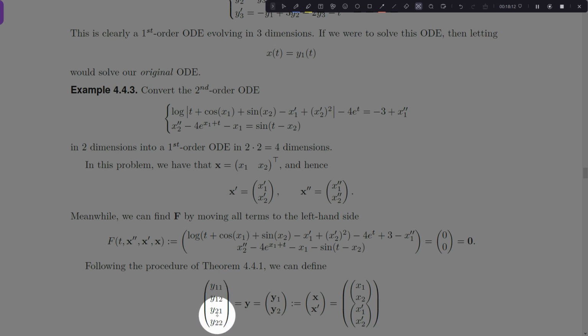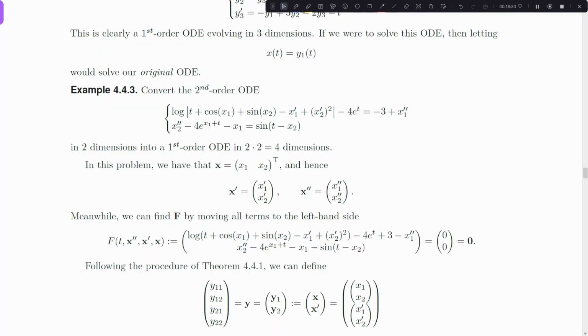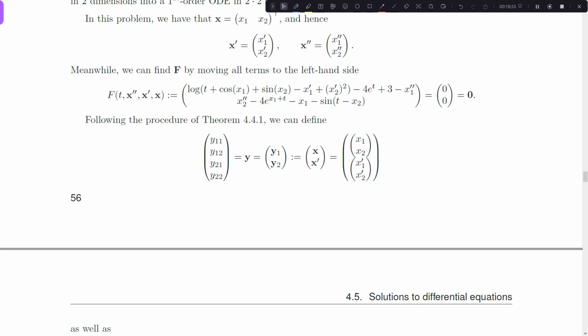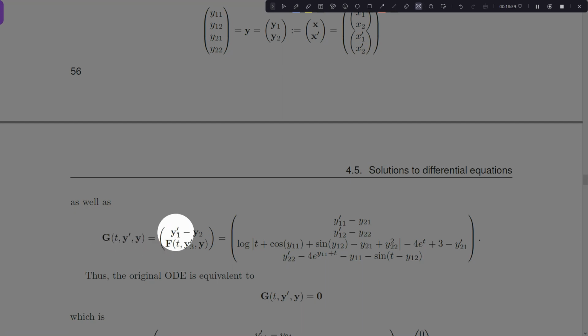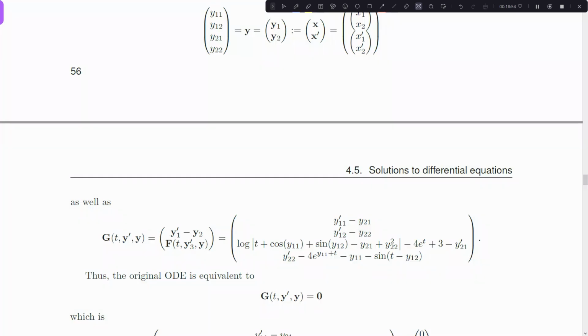I could have called that y1 through y4 if I wanted to, but I want to harken back to that. This first index 2 refers to this y2, and the first index 1 refers to that y1. Meanwhile, the second index 1 and 2 refer to x1 and x2 in both of them. So there I've defined y, and we follow the procedure a little bit, and we see that our g is always defined as the vector y prime 1 minus vector y2, and then we would jump down to vector y2 prime minus vector y3 and so on until we got to the top y,